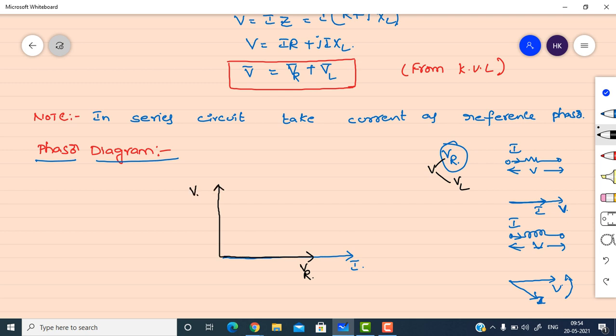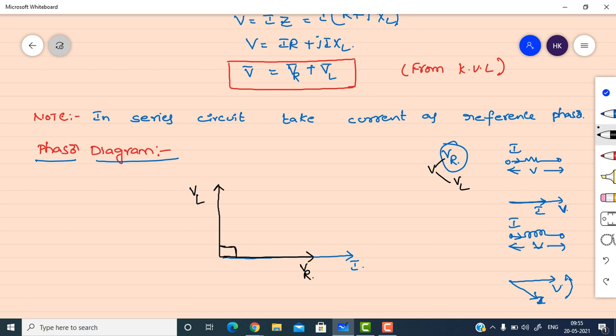Phase angle difference is 90 degrees. Current lags the voltage by an angle of 90 degrees, or voltage leads the current by an angle of 90. In any way you can tell that statement. That is with reference to the current phasor or with reference to the voltage phasor. That differs the statement. So between the current phasor and voltage phasor, the phase angle difference is 90 and voltage is leading. It is ahead of this reference phasor. Current phasor is the reference and voltage is leading, meaning ahead of this reference phasor.